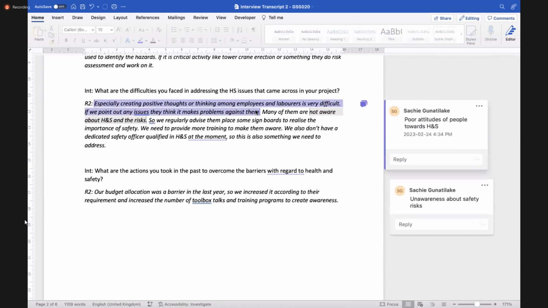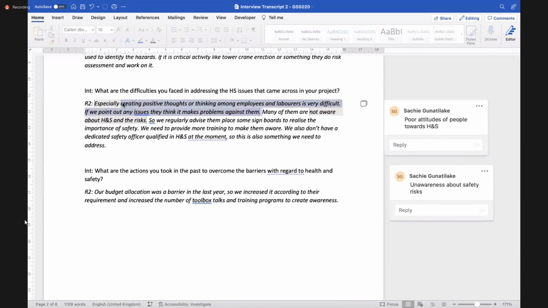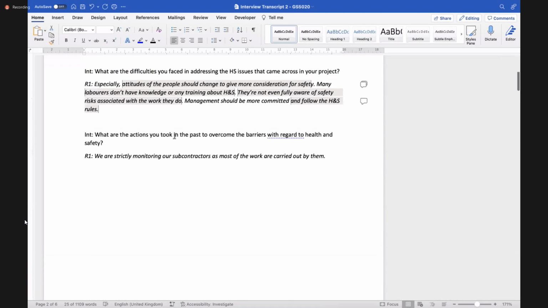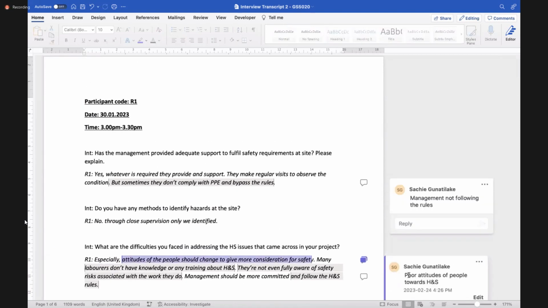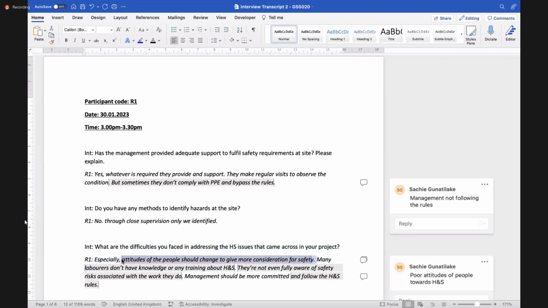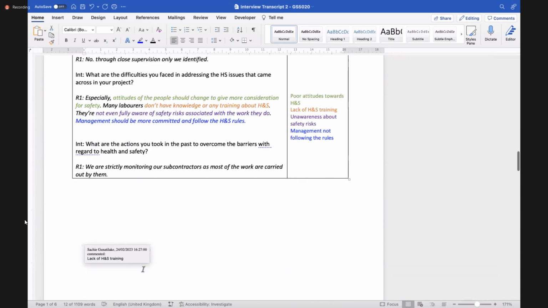So here also, this has been coded under that, from R1.